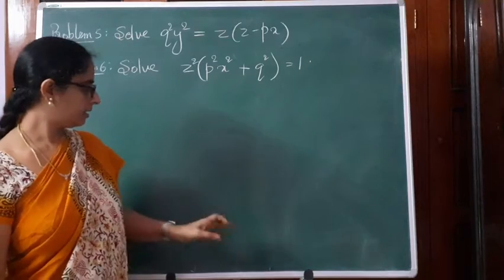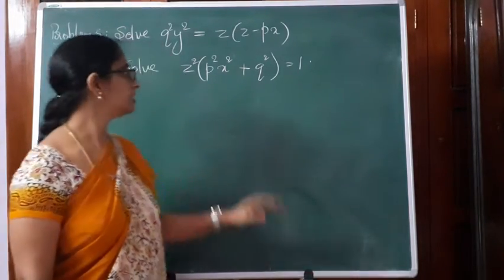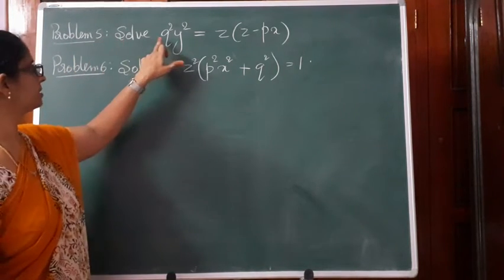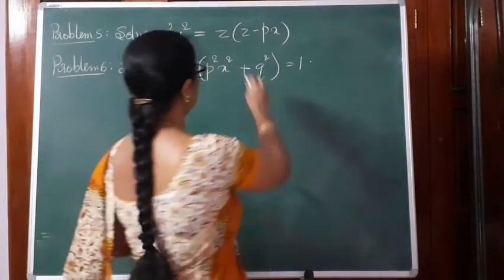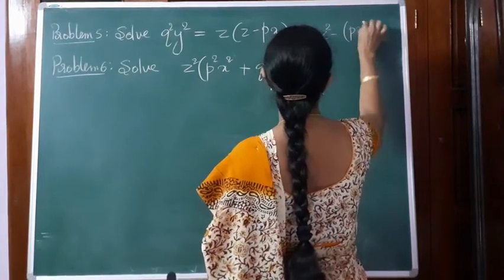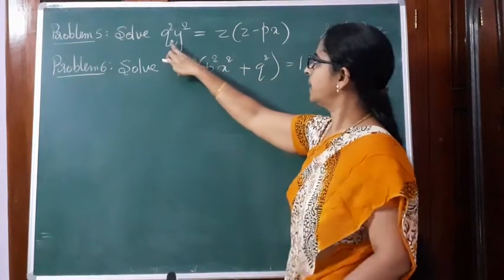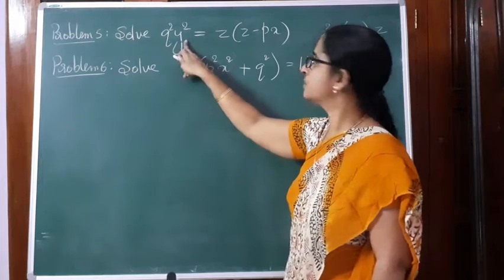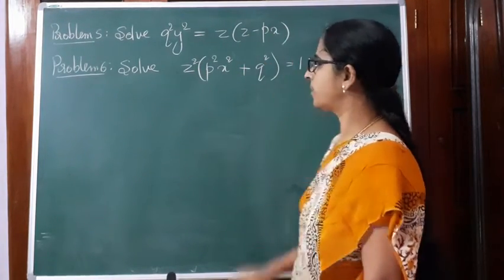So after listening to the solutions of the 3 problems we have discussed, I ask you to solve these 2 partial differential equations. Here we have q square y square is equal to z into z minus px. You can write this as z square minus px into z, or you can even leave it like that. And now it is clear what substitution you take here. You have qy whole square. So y power m into q, m is 1 and m is also 1 here. Okay, in problem number 5.